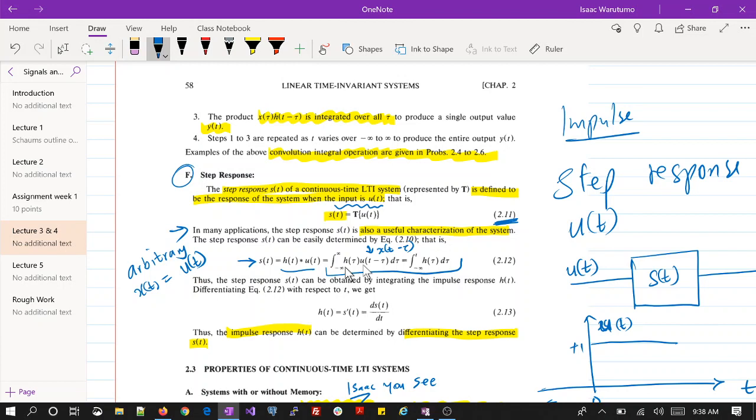Now it stops being x of t minus tau to being u of t minus tau. And we are saying that this equation 212 simply means that the integral changes, because we know this equation is described by an integral from minus infinity